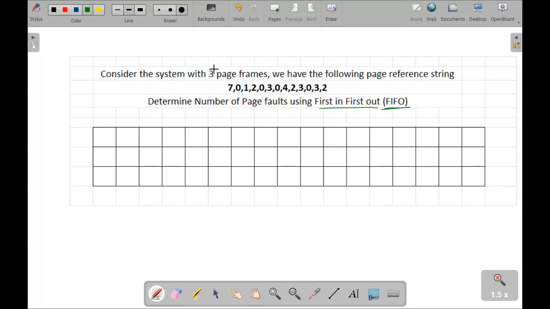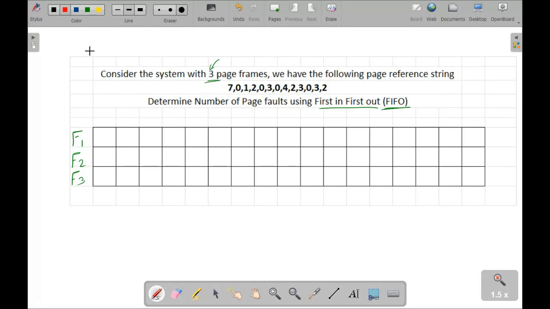So in this kind of problem, you will be given some frames which are allowed to store your pages in the physical memory. The frames given in this problem are three. So you should say this is frame 1, this is frame 2, and this one is frame 3. And what we have to do is place this given reference string, or these given pages, into these frames. And while placing them, we should keep checking whether we are getting any kind of page hit or